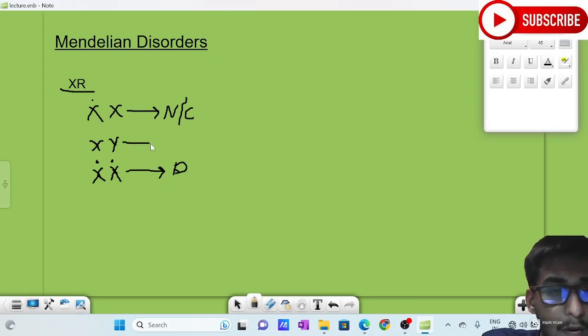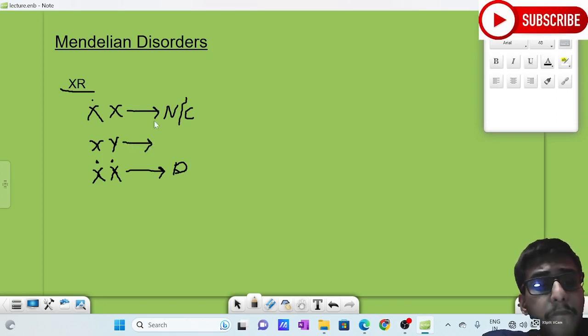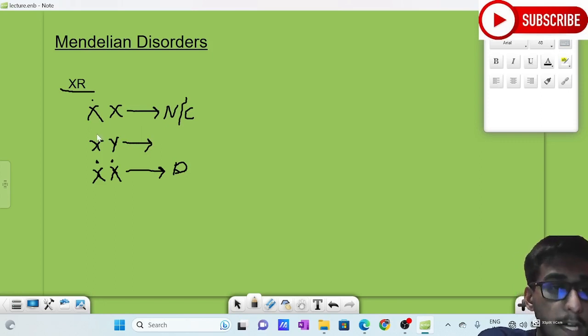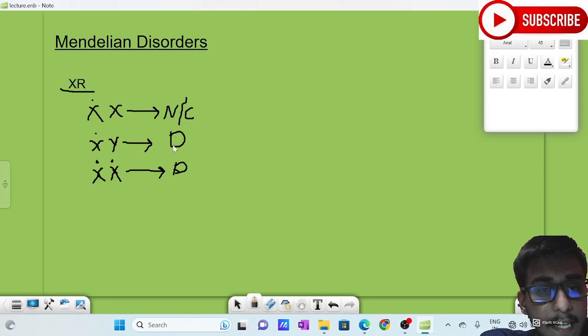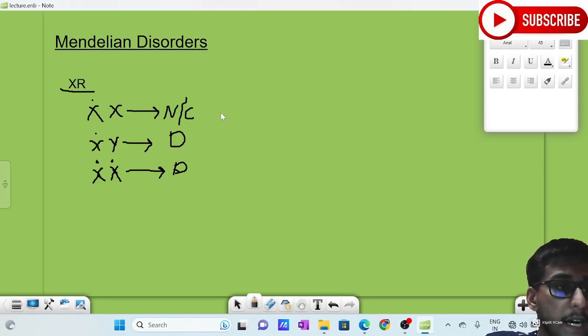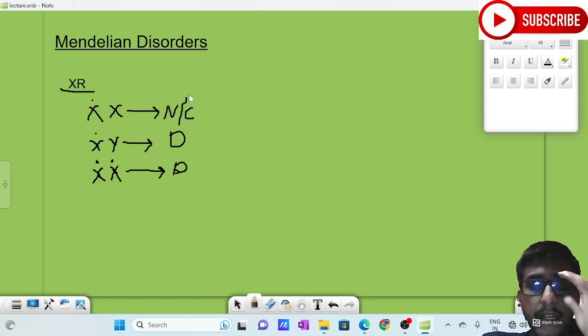In case of male, usually males are having only one X chromosome. So all the males with X mutated will be diseased in condition. This is the case of X-linked recessive condition. The examples of X-linked recessive diseases are